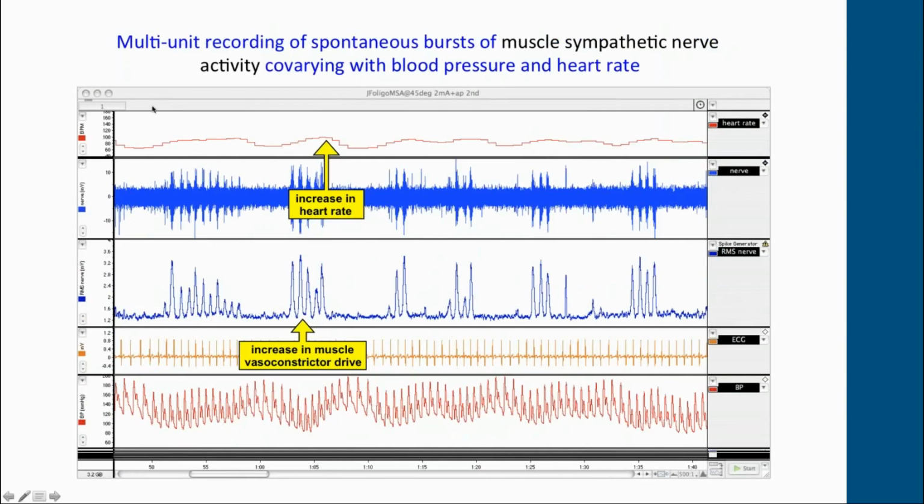Many of you will be interested in muscle sympathetic nerve activity, and I showed this example just because this subject displayed very nice and spontaneous fluctuations in arterial pressure recorded with the Finometer. You can see that when there are spontaneous falls in blood pressure, there is a compensatory increase in muscle sympathetic nerve activity, an increase in muscle vasoconstrictor drive, which drives up blood pressure, and then through the arterial baroreflex, of course, inhibits this activity. It also causes a compensatory increase in heart rate.